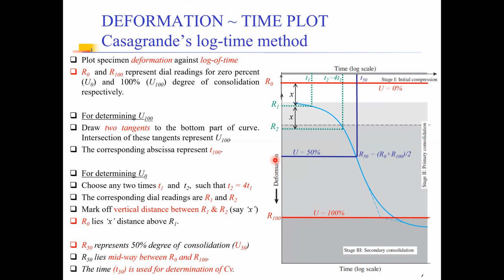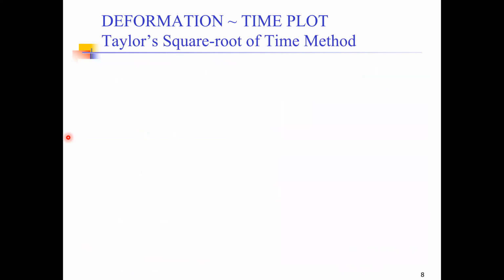So this was one of the methods for the determination of coefficient of consolidation. Let's look at the second method, that is Taylor's square root of time method for the determination of coefficient of consolidation. In case of Casagrande's log time method, we used 50% consolidation for the determination of CV. Whereas in case of Taylor's square root of time method, we use 90% consolidation,